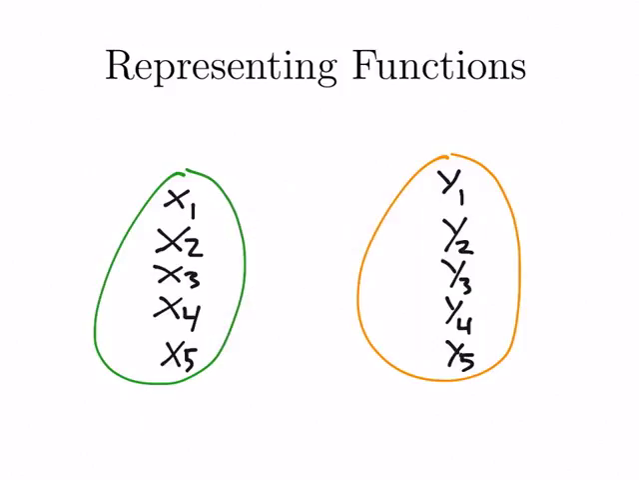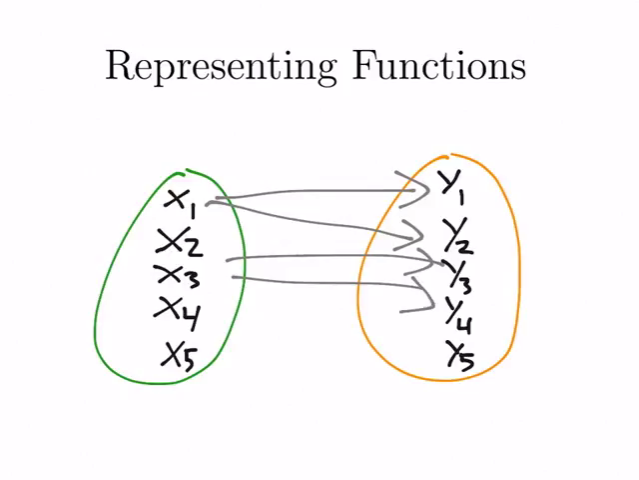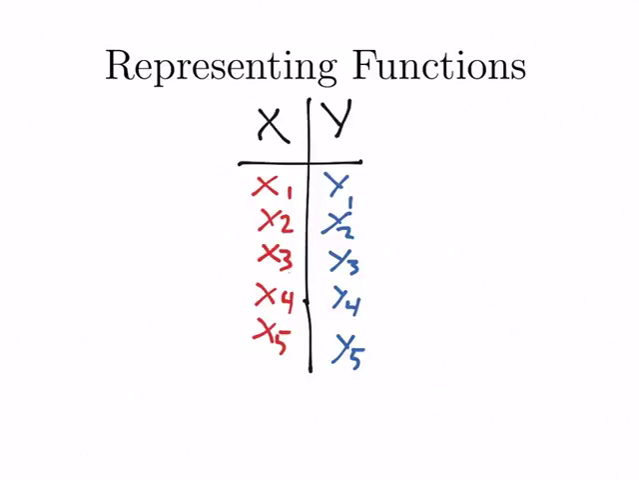A relation that isn't a function would look like this. You can see that for this x1, there are two arrows coming from this point, and that just won't work for a function. If we look at a table, it's clear that this table, this relation, does not satisfy being a function